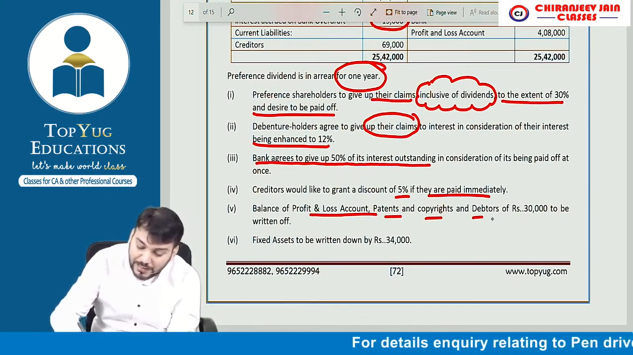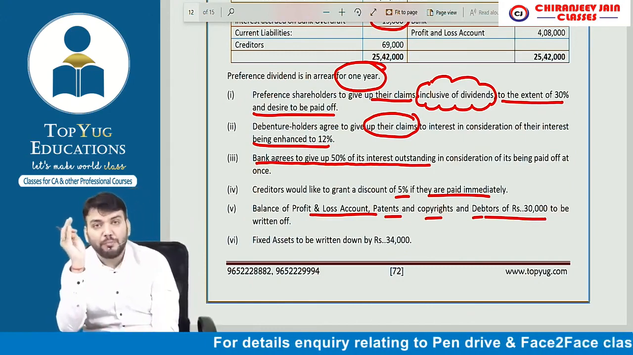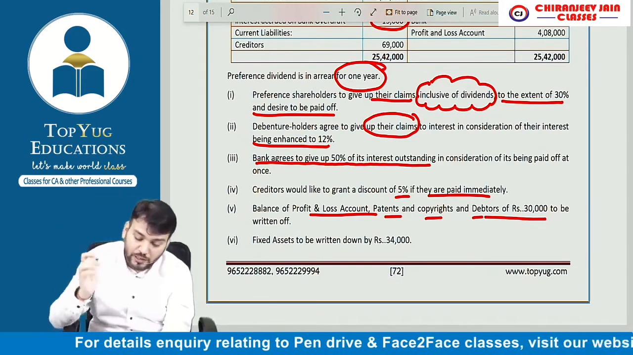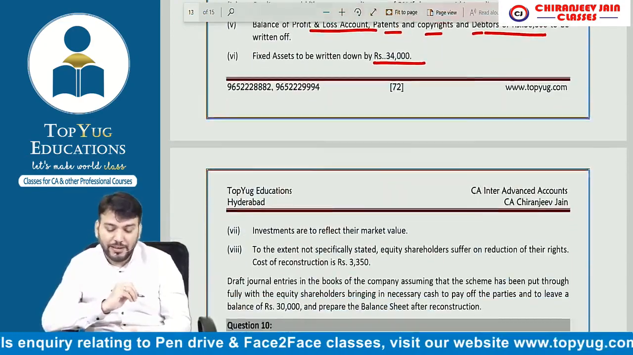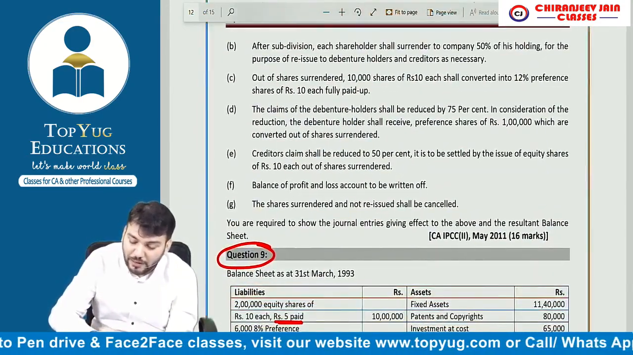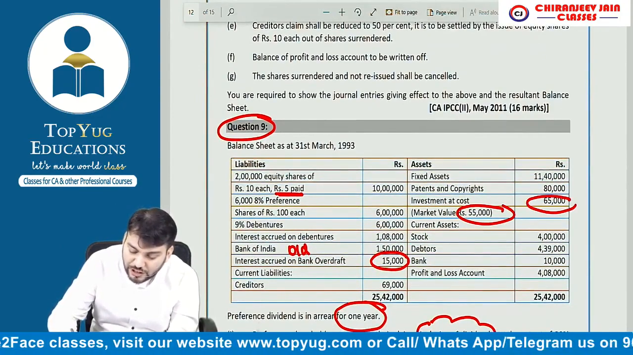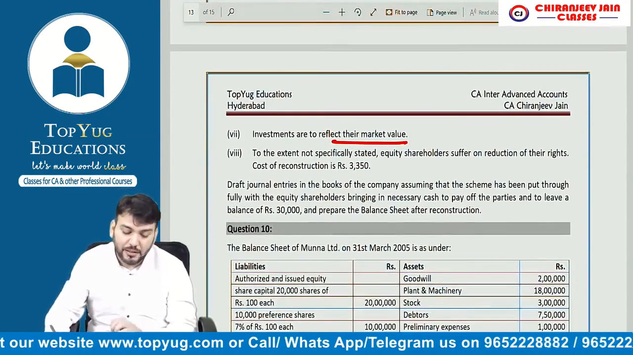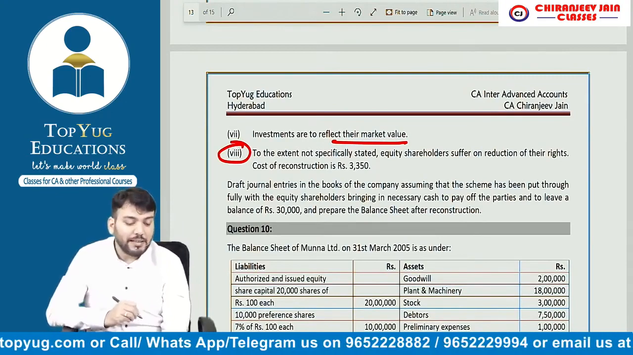बैलेंस ऑफ पीएल अकाउंट, पेटेंट, कॉपीराइट एंड डेटर ऑफ 30,000 टू बी रिटर्न ऑफ। तो बोला पेटेंट को राइट ऑफ कर दो, कॉपीराइट को राइट ऑफ कर दो, पीएल को राइट ऑफ कर दो। फिक्स एसेट टू बी रिटर्न डाउन बाय 34,000। इन्वेस्टमेंट आर टू रिफ्लेक्ट देयर मार्केट वैल्यू, मार्केट वैल्यू इज 55,000 एंड इन्वेस्टमेंट इज 65,000 मींस 10,000 का राइट ऑफ कर देंगे। देन पॉइंट नंबर 8 इज इंटरेस्टिंग, what they have said,